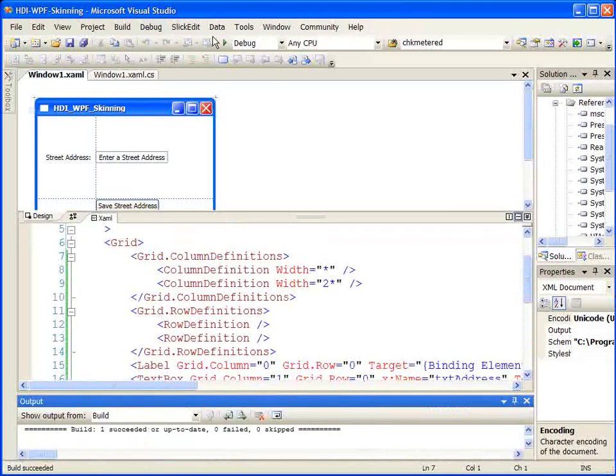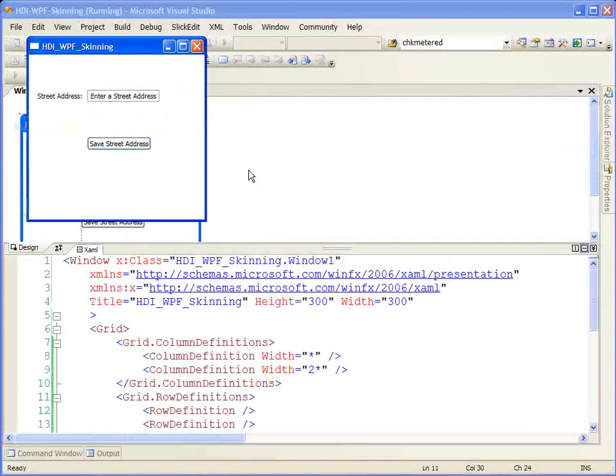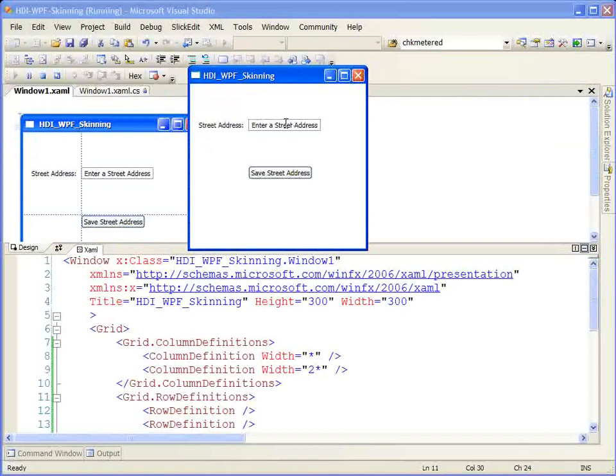And we get a successful build, and let's run it so we can see what we've got so far. Okay, great. So there's our application. We can click in here in our text box and we can type some text. We could technically come in and specify a click event for our button. Now, one thing I wanted to show was, notice the street address text here of our label. If we hold down the Alt key,